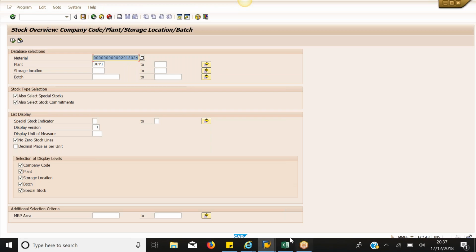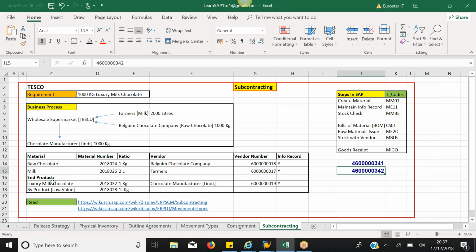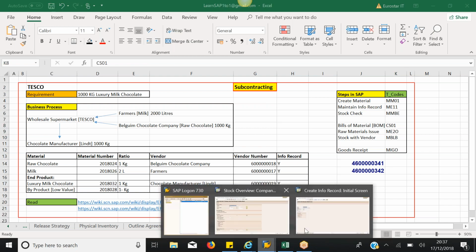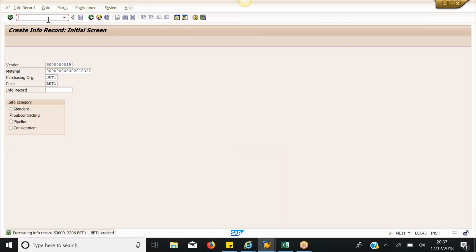Now we are going to send these raw materials to a chocolate manufacturer called Linked, so they can produce luxury milk chocolate for us. But before we do this, we have to create bills of material. This is also called a BOM. The transaction code is CS01. So I will go into CS01,